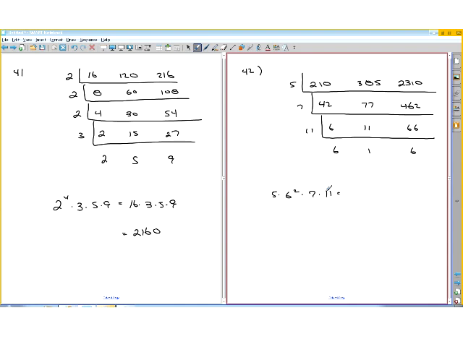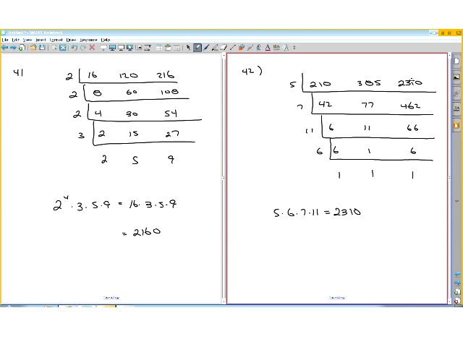Oh, wait a second. Well, we can do one more because we get to this point and we can divide the first and the last by 6, but not this one. So we bring this down and you get 1 and you get 1. So 5 times 6 times 7 times 11 is 2310,